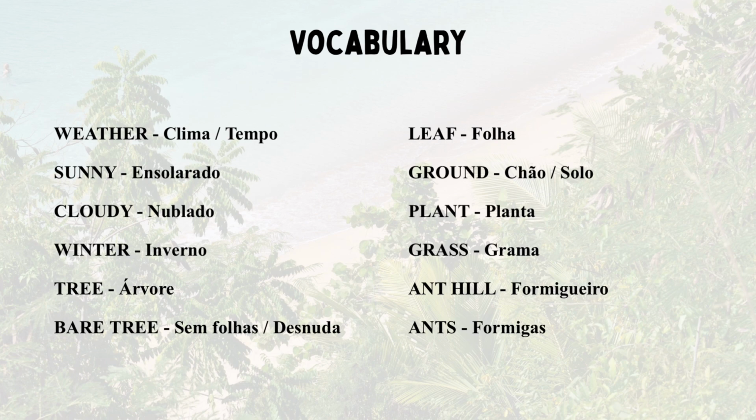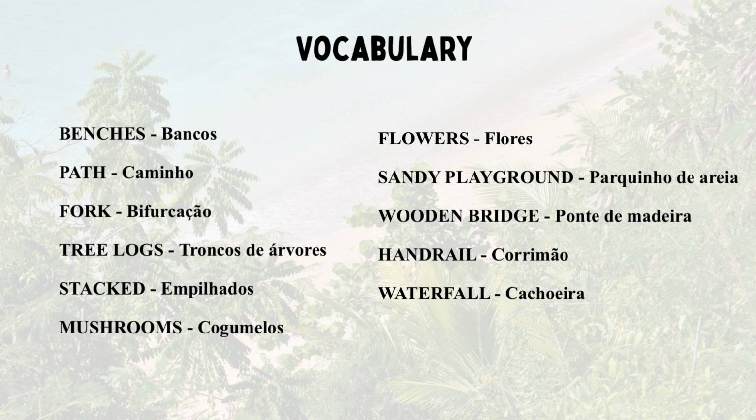Plant, planta, grass, grama, anthill, o formigueiro, ants, as formigas, benches, bancos, path, caminho, fork, bifurcação, ou também como substantivo pode ser garfo, tree logs, troncos de árvores, stacked, é o verbo empilhar no passado, mushrooms, cogumelos, flowers, flores, sandy playground, um parquinho de areia, wooden bridge, ponte de madeira,